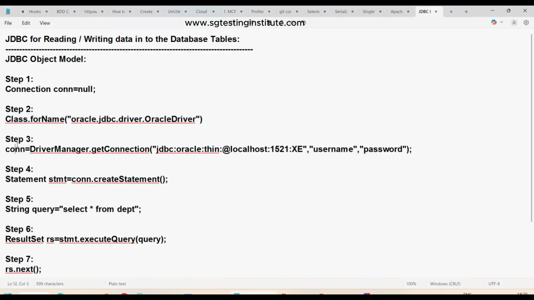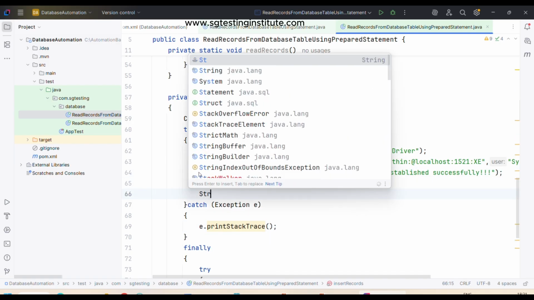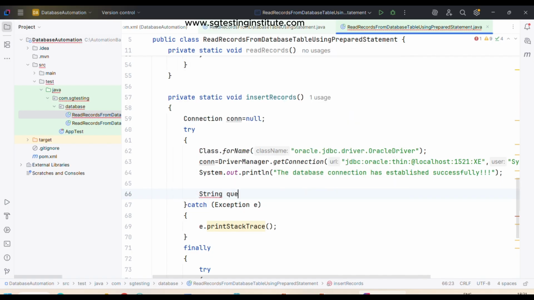Now once after creating the connection object, we need to create a statement. But here in this case, we need to execute a prepared statement. For the prepared statement, it requires a query. So that's the reason first we need to establish the query now. The query can be simple or complex. In our case, we need to write a query: insert into